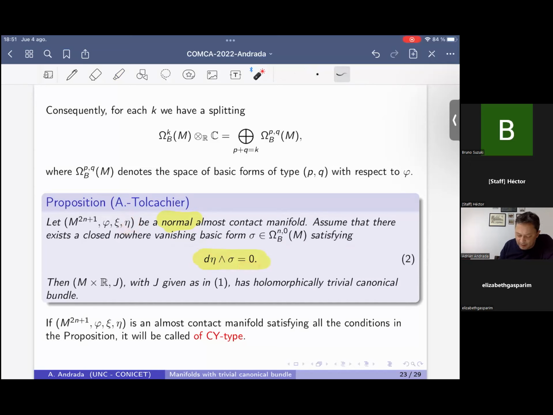In this case, it is easy to see that this complex manifold has holomorphically trivial canonical bundle. It is complex because this one is normal. And then